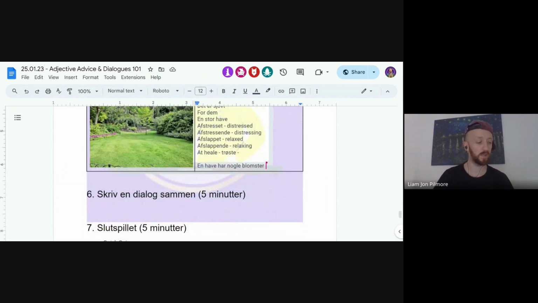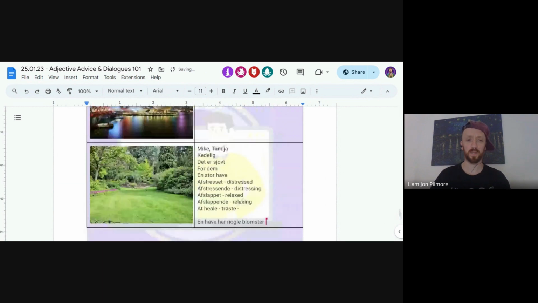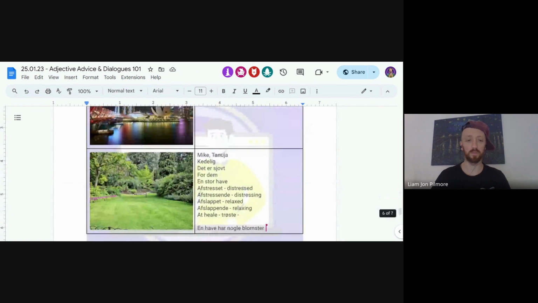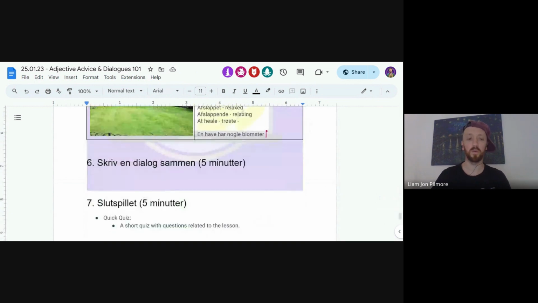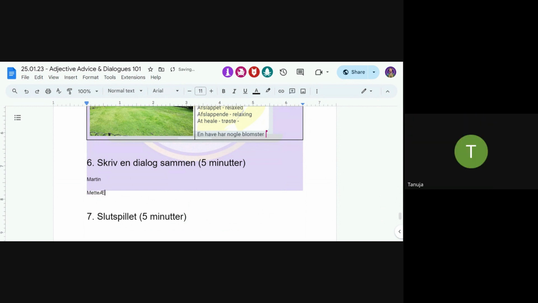Sådan. Så jeg tænkte, måske kunne vi lave en ting mere, hvor vi skrev en dialog, eller 2 ting mere. Vi skrev en dialog sammen. Let's take inspiration from one of these. Let's take haven. Og vi kan skrive en sætning hver. So let's write a sentence each. Let's say we have Martin, what could be a woman's name in dansk kvinde? Mette. Martin og Mette. Det er perfekt. Mette, ja. Så Martin, han starter.